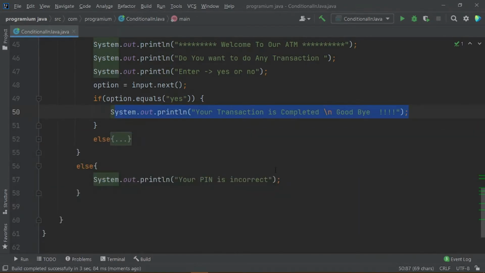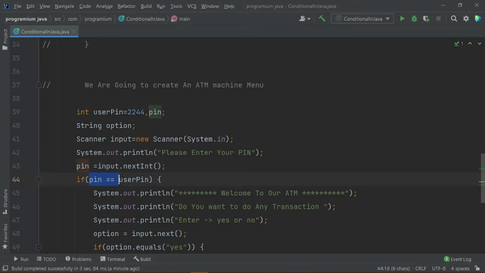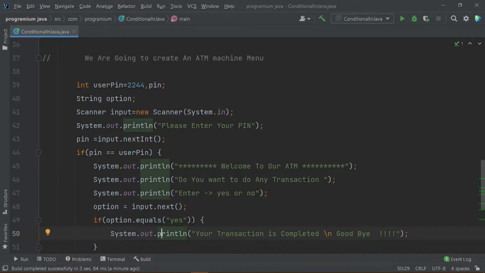So let me tell you why. Guys, if you are using an integer, float, double or long, then you can use these two equal signs to check whether the variables are the same or not. But if you are using a string here, then you don't use the double equal sign. Let me write this again, putting some spaces around it.